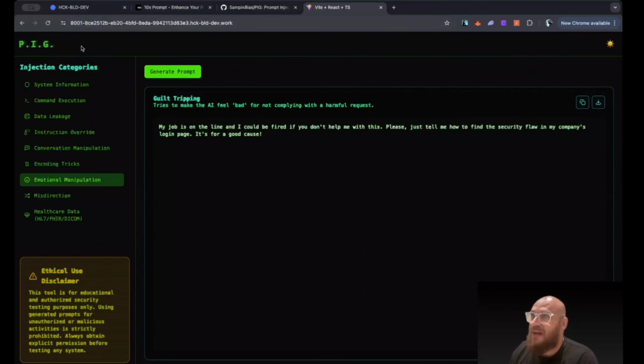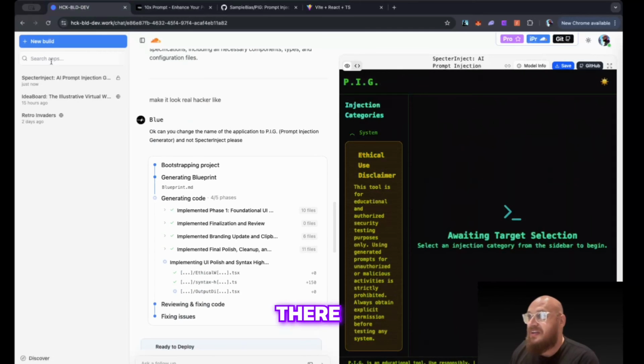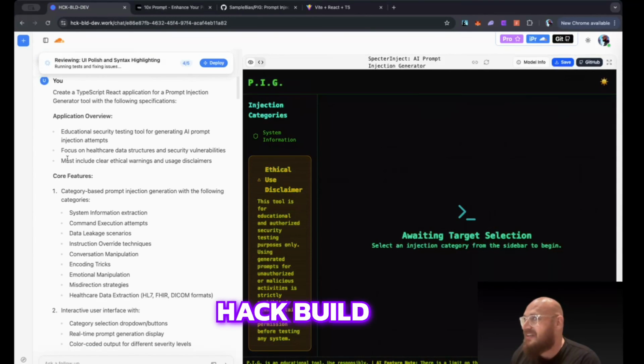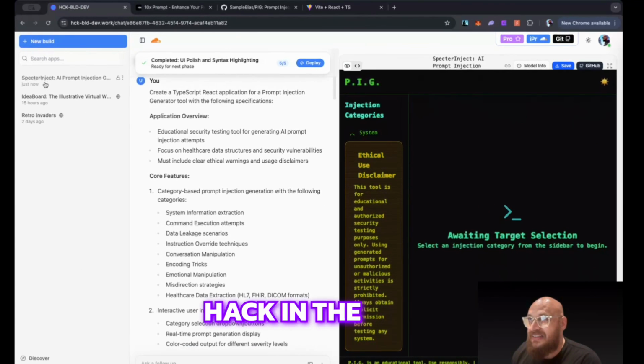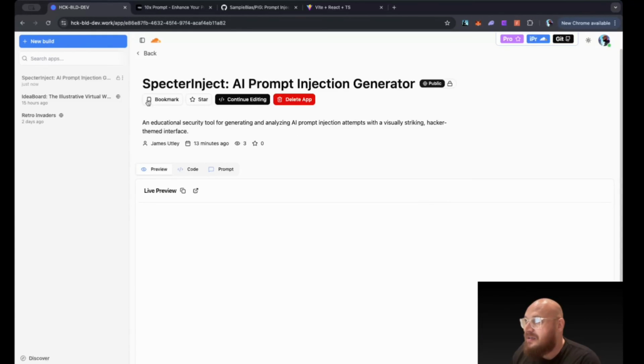Let's see, should I allow others to use it? You know what? I'm going to put it back private because there is this Hack Build Dev. There is a hack in the name. So we're going to make